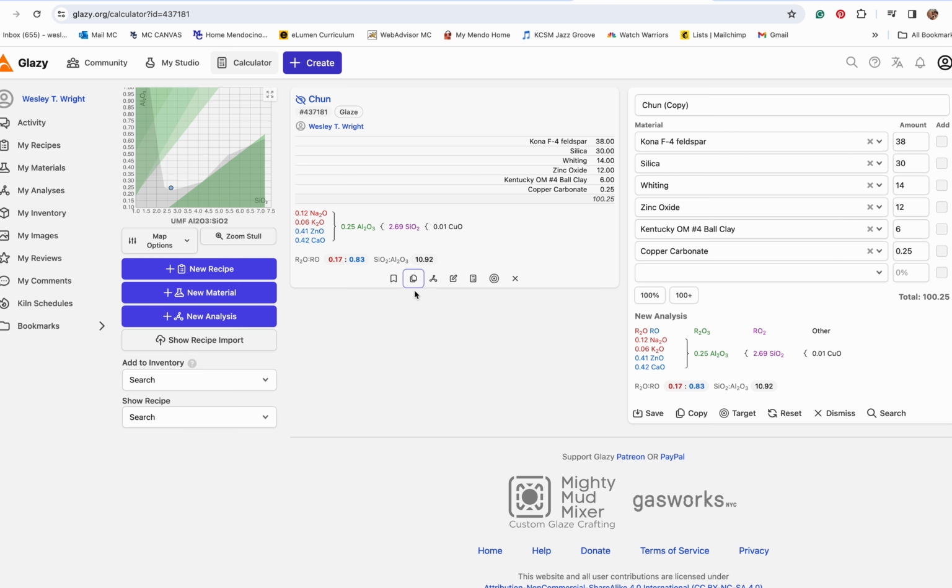So I've created a copy of my Chun, and so my original recipe is going to be a dot there. Both of the recipes are the same currently, so they're going to line up in the same spot on the chart. What we see here is the unity molecular formula, which is what the stull chart is referencing,